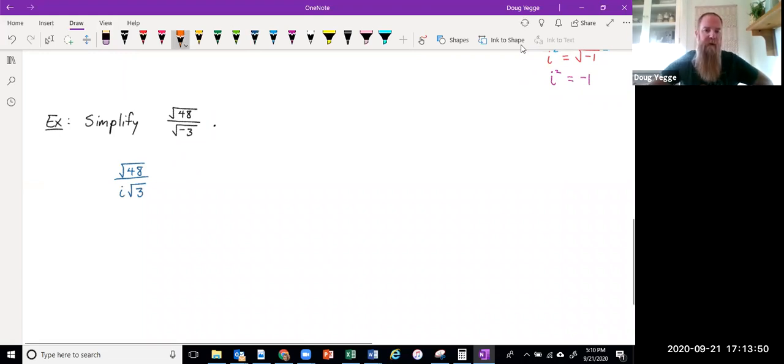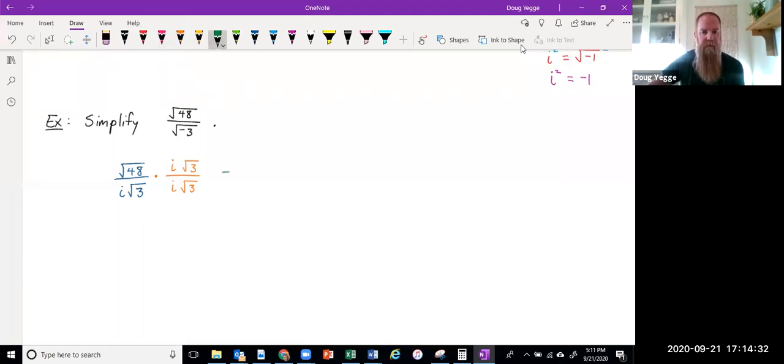But now I'd like to multiply by something that's going to cancel the radical. So I know that multiplying the denominator by root 3 will cancel the radical here. Okay. But now I'm still left with this i in the denominator. i is still a radical, so even if I were to be left with 3i in the denominator, I'd still technically have a radical. So I've got to get rid of the radical as well by multiplying by an i, keeping in mind that i squared is negative 1. So now I'm going to multiply top and bottom by i root 3.